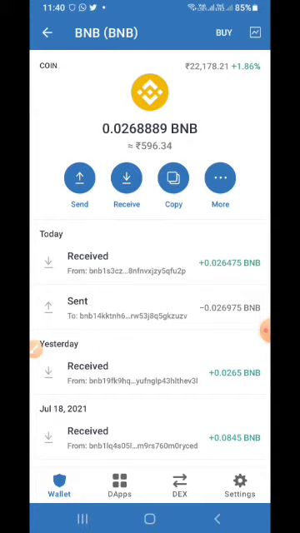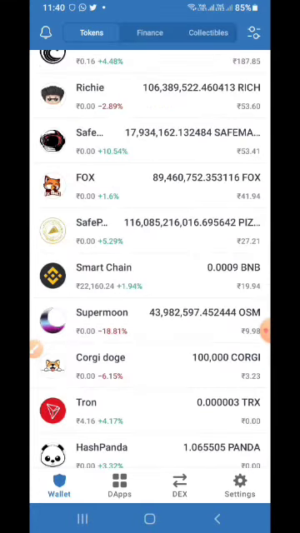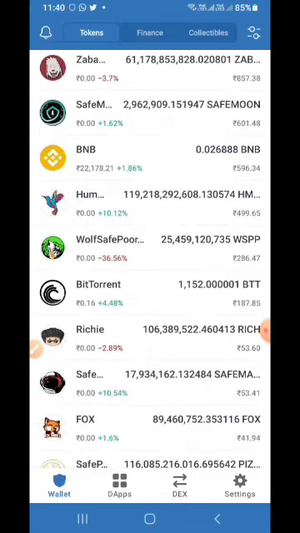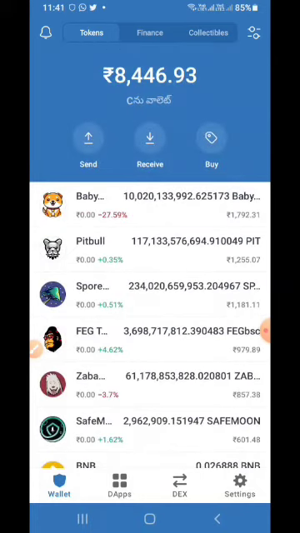After the BNB update, click on wallet. You can convert BNB into Smart Chain. You cannot buy directly with BNB, that's why we are converting BNB to BNB Smart Chain.